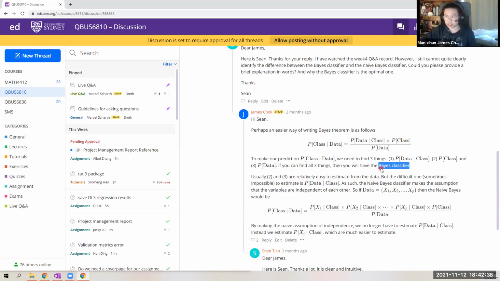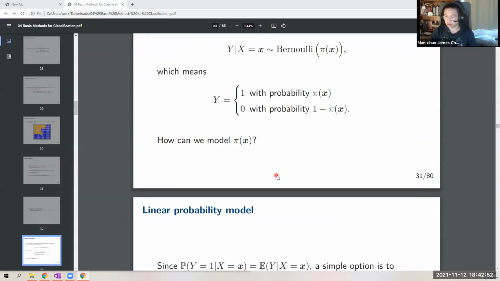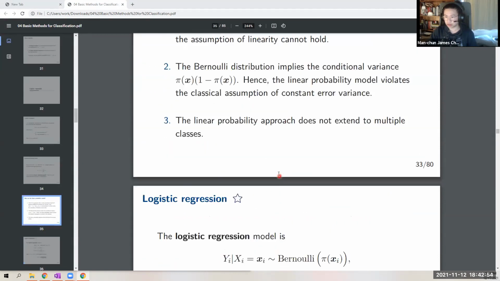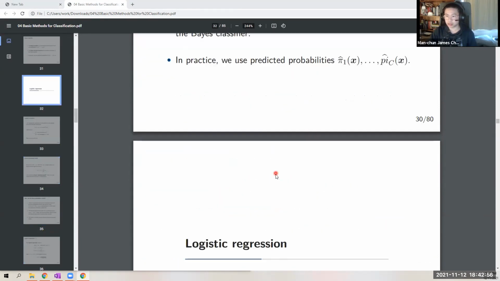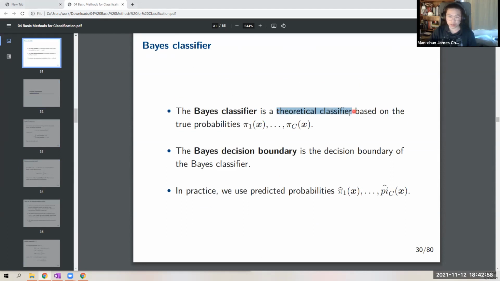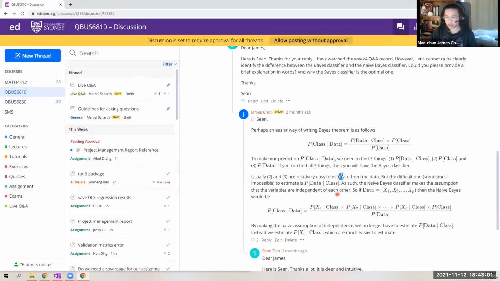The problem is that this thing here is usually very difficult to estimate, almost impossible. So we consider it a theoretical classifier. We typically consider the Bayes classifier as a theoretical classifier, because this thing here is just so difficult to actually get. And what naive Bayes does, and what